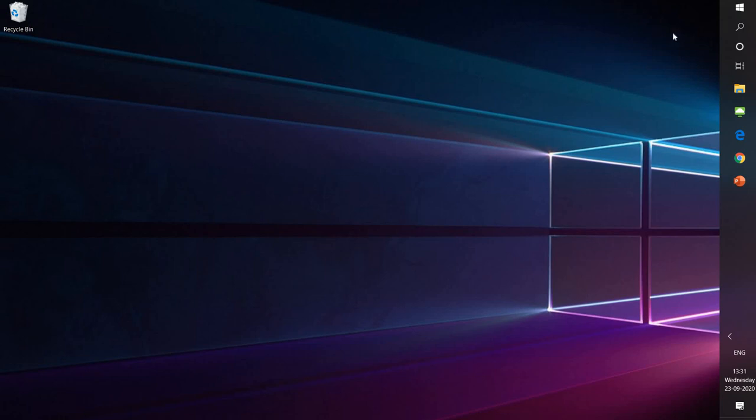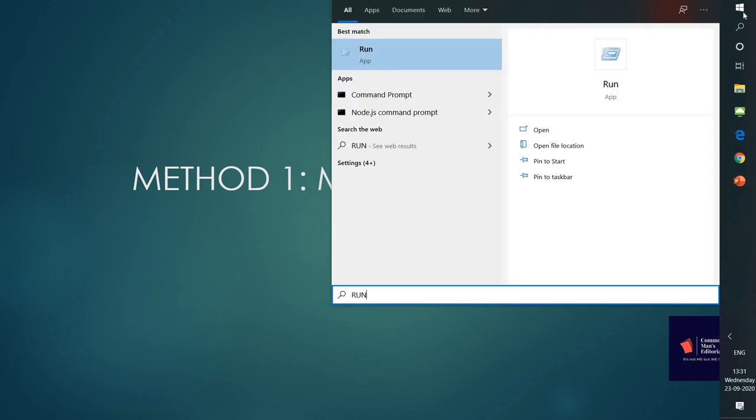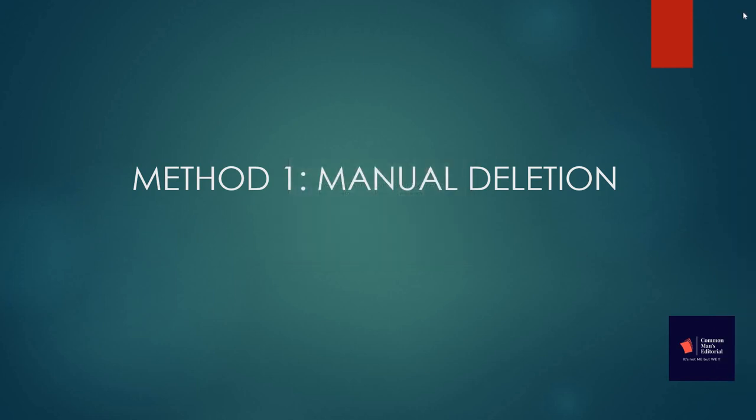I'm going to go to the run command. So go to the taskbar and type run command. Click on it, type %temp%. This will open the virtual path where all your temporary files related to your system are stored.